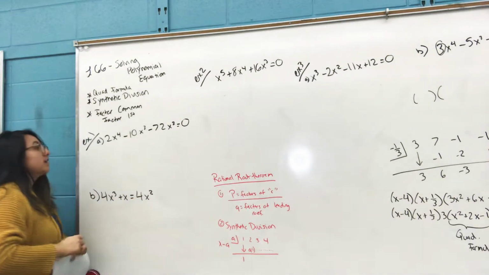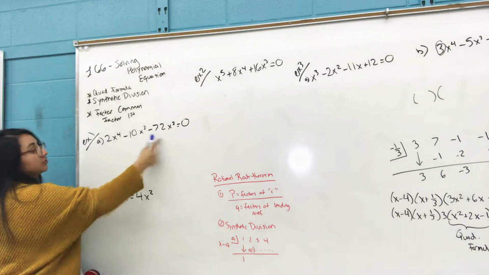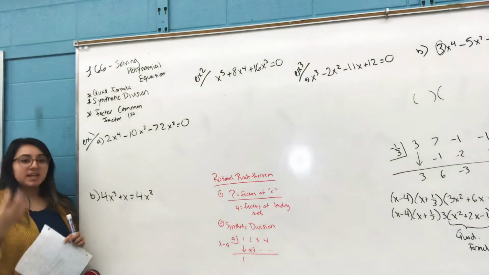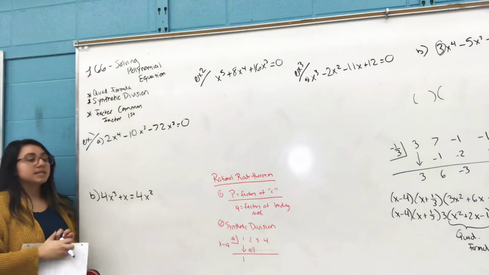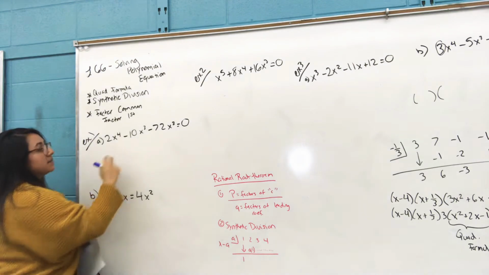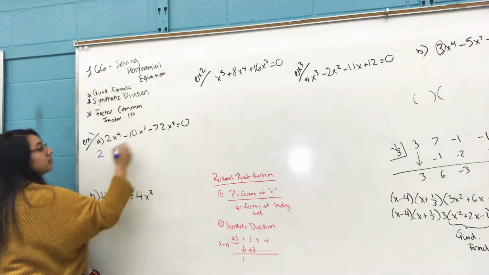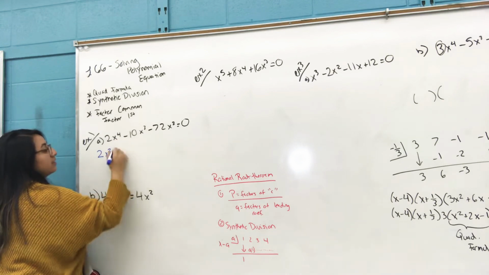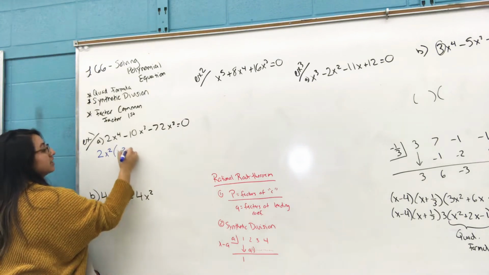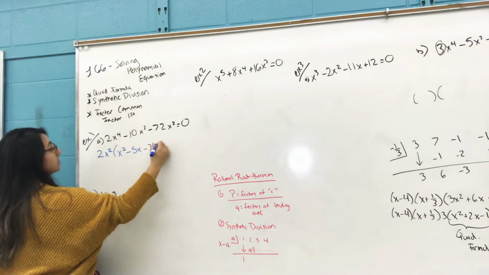Example 1, we are factoring this group. It's a polynomial, 1, 2, 3, a trinomial. But in this case, it looks a little bit more complicated. It's not like what we usually see, the ax squared plus bx plus c. Here, to factor this, you always factor out the common factor. There is a number in common. That number is 2. There's also a variable in common, which is x squared. You always want to factor out the smallest of the x exponents. When you do that, you end up with x squared minus 5x minus 36, and this is all equal to